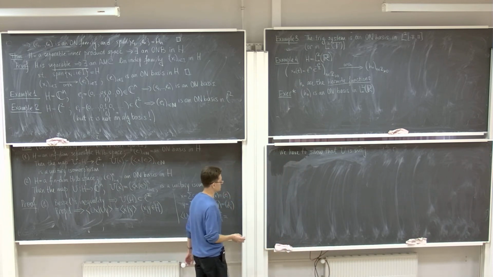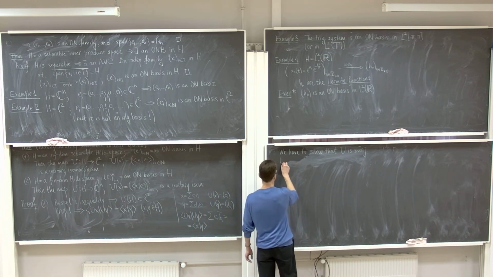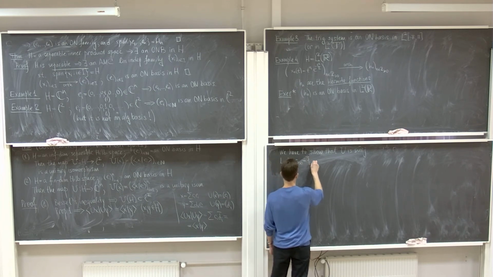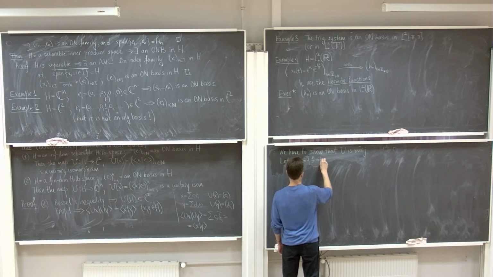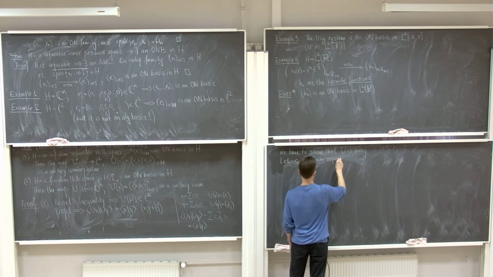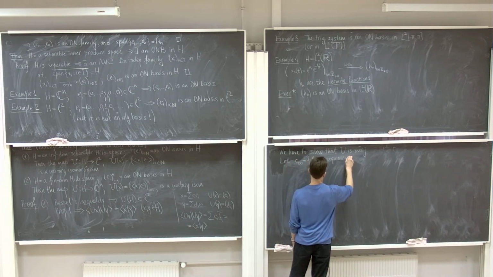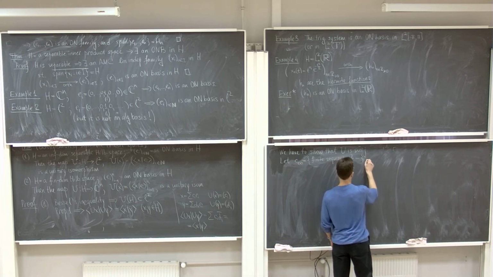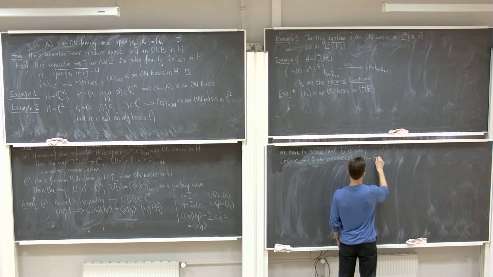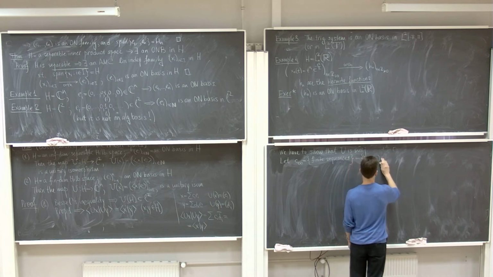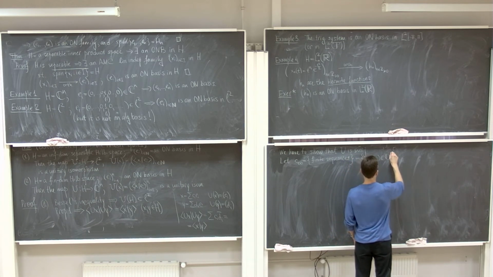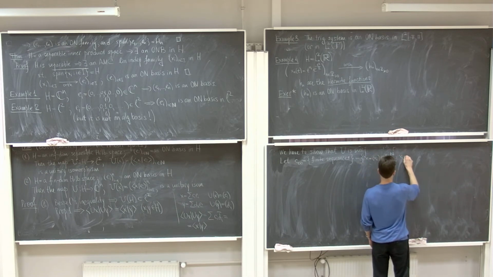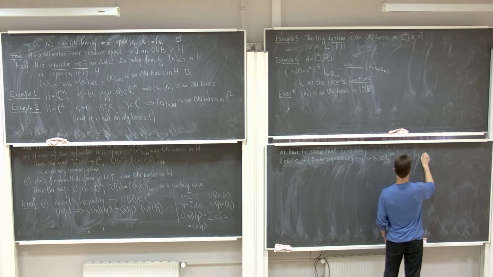To show that U is surjective, we do the following. We consider the space C00 of finite sequences. That is, this is the space of those sequences of complex numbers which are eventually 0. In other words, xi equals 0 for all but finitely many i.